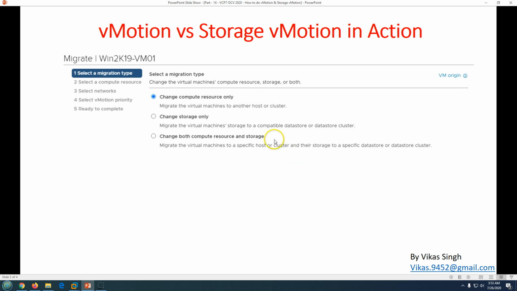It depends on the requirement. Sometimes if you have enabled HA, high availability, the virtual machine is automatically migrated from one ESXi host to another ESXi host once you have a hardware failure.